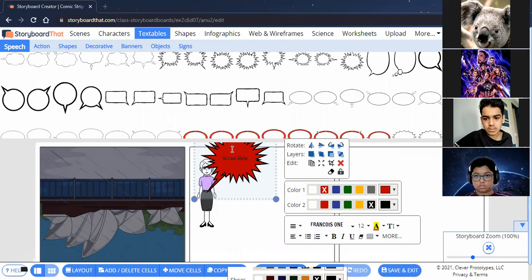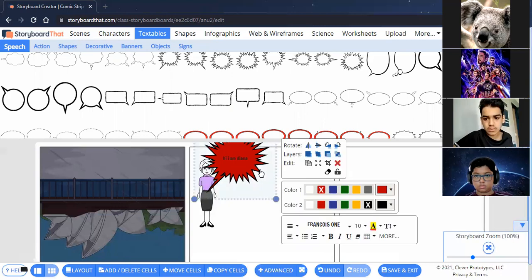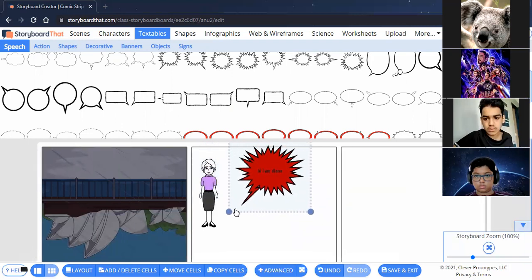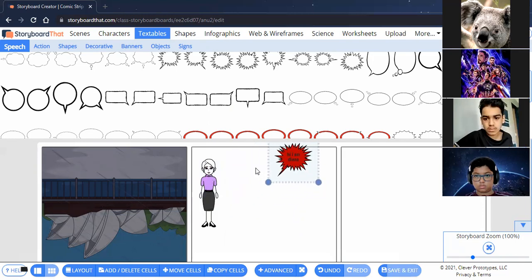Ma'am, do cartoonists use this? What? Sorry, do cartoonists use this website? I won't assure you about this because we can create this, but if you are talking about professional cartoonists, then they must have more high-tech software that is used by them only.